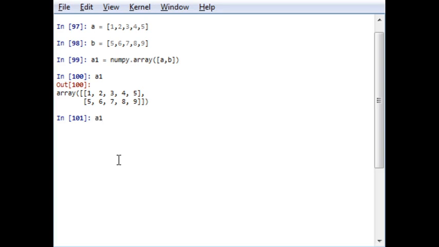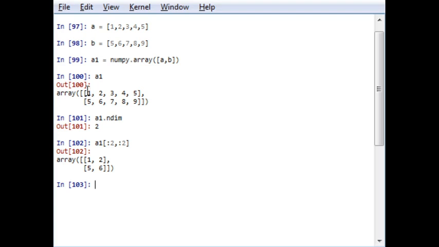If you want to check the dimension, you can use the ndim function. So I want to start collecting the elements from row index number 0 to column index number 2. So what I will do, A1, and it will give me an output 1, 2, 5, 6. 1, 2, 5, 6. That is this one.